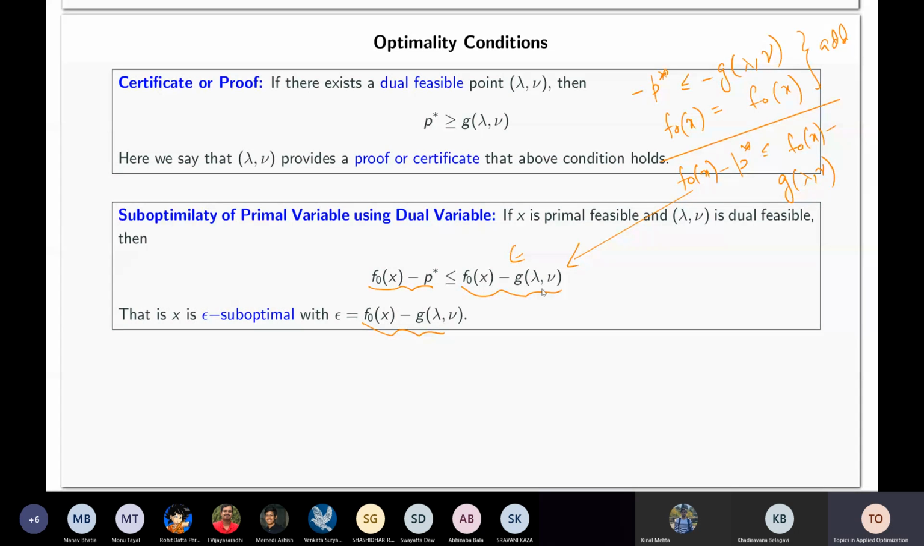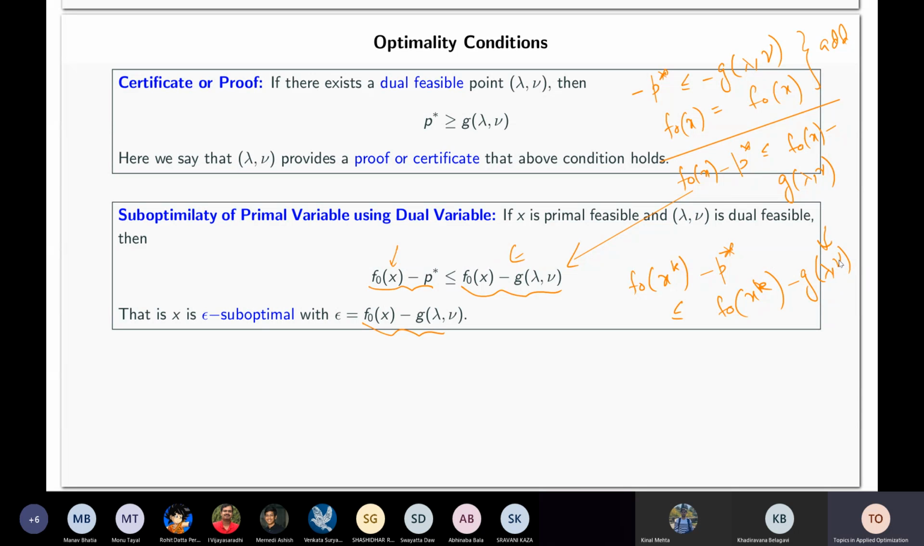Okay, so this is what it's trying to say. How close my function value is to the primal optimal, because maybe I'm using some iterative algorithm. At some point I get f0(x_k) minus p star, and this is bounded by f0(x_k) minus g(lambda, nu). So for some lambda, nu that I produce,